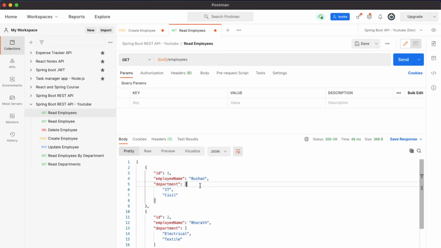So this is all about the one-to-many bidirectional. We have discussed the JPA mappings one-to-one and one-to-many, both unidirectional and bidirectional. The advantage of using bidirectional is that from both sides we are able to access the entities. Alright, that's all about this section.